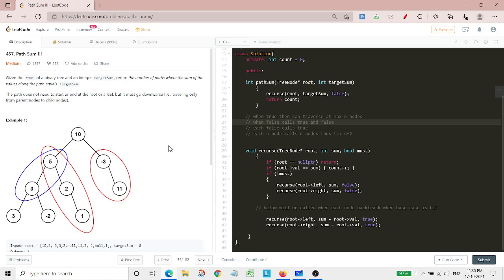But now the question is that we need to find all the possible paths, and these paths may or may not go from this main root.